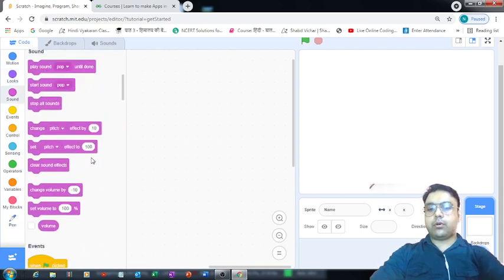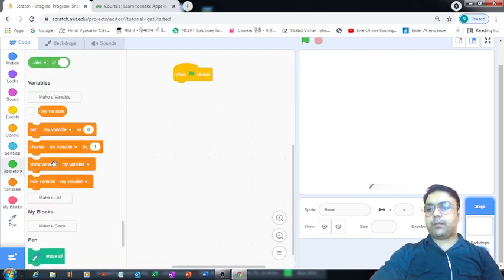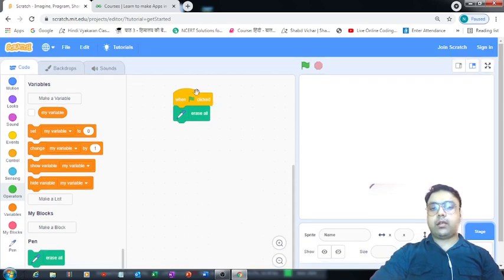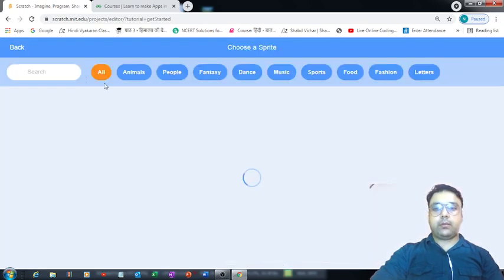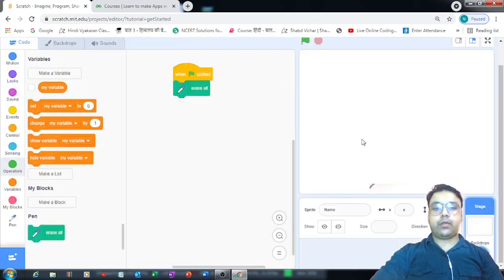Okay, so let's do one thing. Let's define an event first, when flag is clicked. Now we can put this erase all over here. It is going to erase everything from this playground automatically. Suppose we have a sprite on this playground initially. Let's say we have this sprite over here.